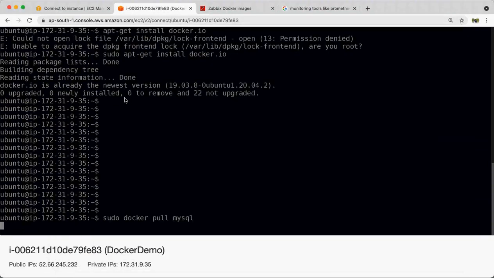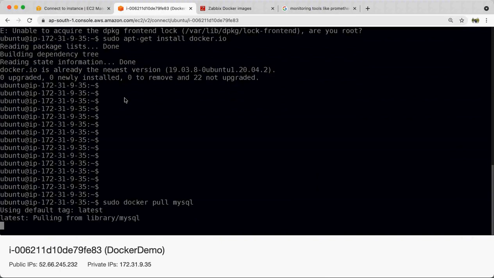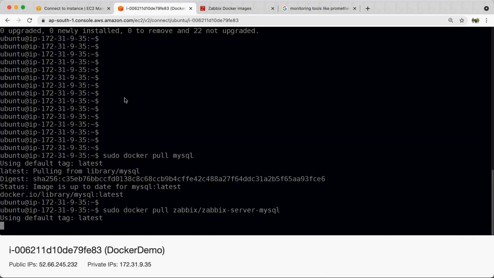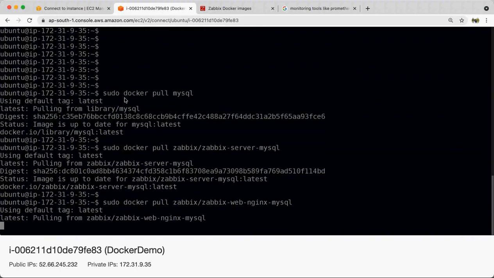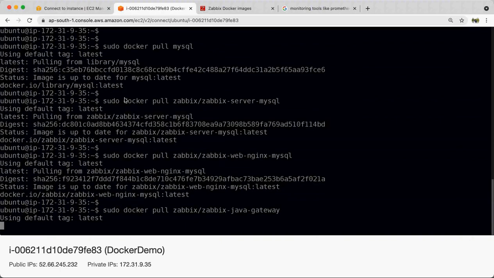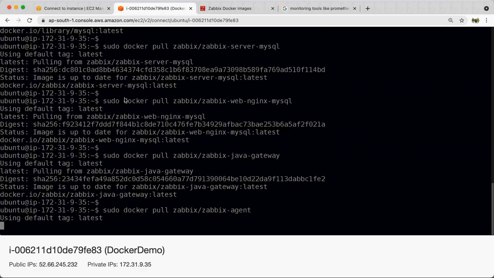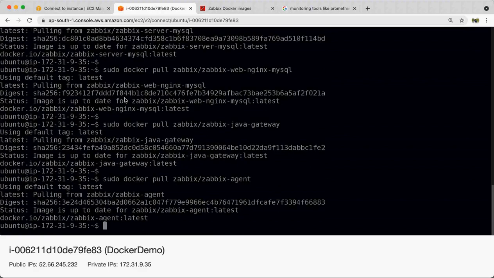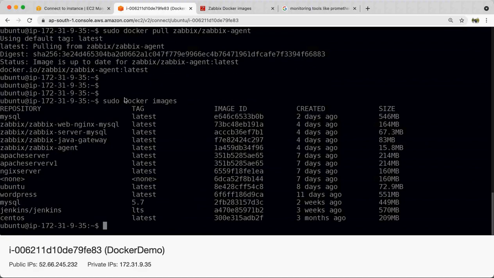Okay, so I have already done these things, so it will not take much time, but if you do it at your end, it would take a good 4-5 minutes to download all the Docker images. Okay, so if I show you docker images, now we have these Docker images.